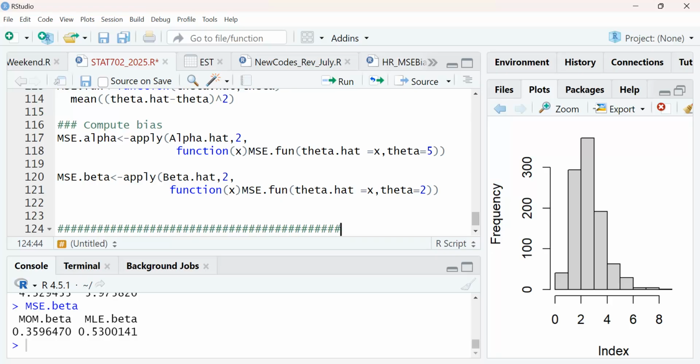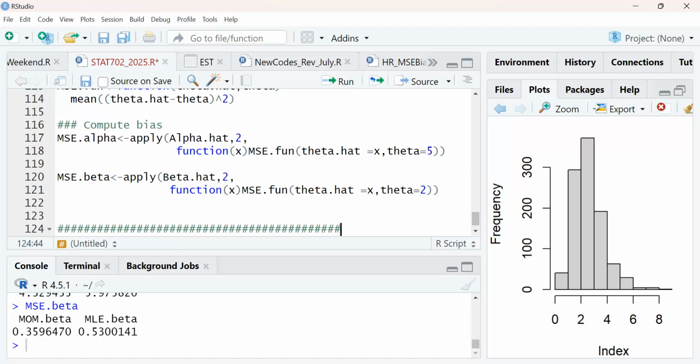But mine, when I come, it's just graphs, then I just copy them. Yeah. So whatever we do, the end point is that you put all of them together. So if it is a gamma, you put in 5 and 2, and then repeat it, sample size is 100, repetition is 1,000, it will run and give you the MSE, because that's all you need, MSE and bias. Yeah, and that's it.